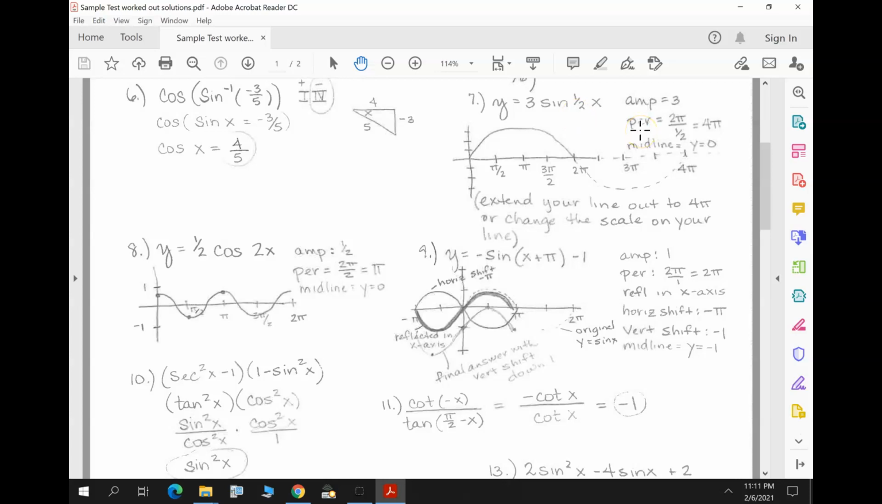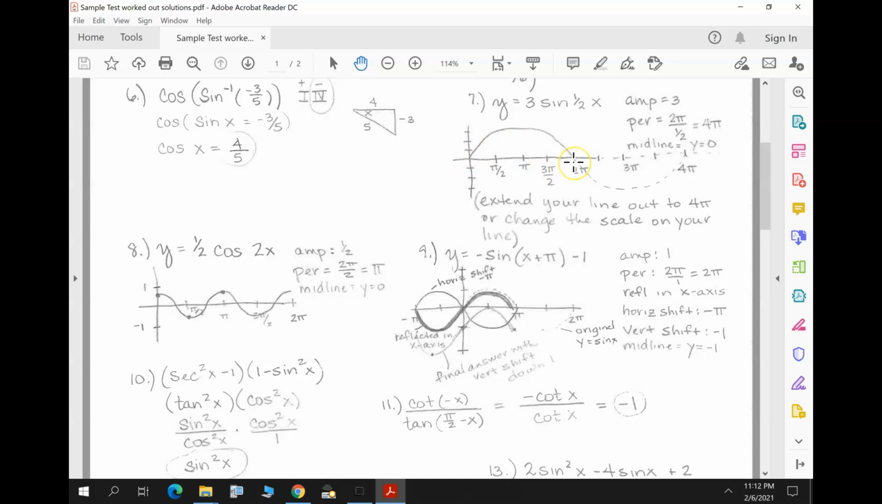So your new period is going to be the original period divided by b. And the original period for sine is 2 pi. So if we do 2 pi divided by 1/2, we're going to get 4 pi as our new period. So our normal sine curve goes up to 1 and down to -1. So you could draw your normal sine curve on here first, where you're going up to 1 and then you're